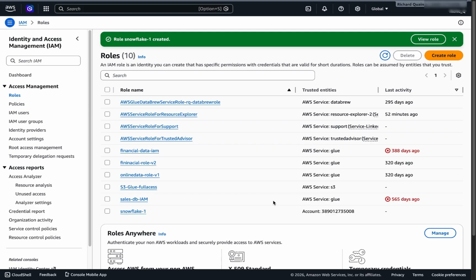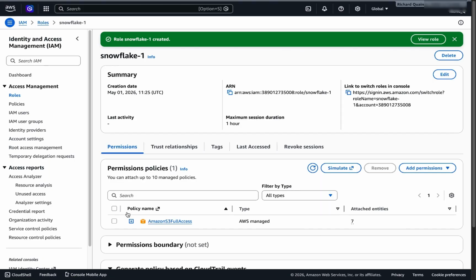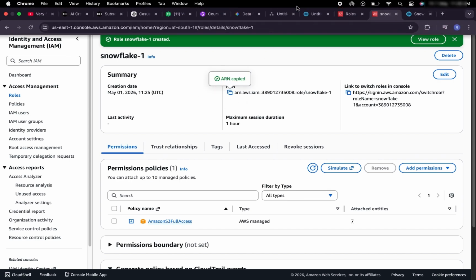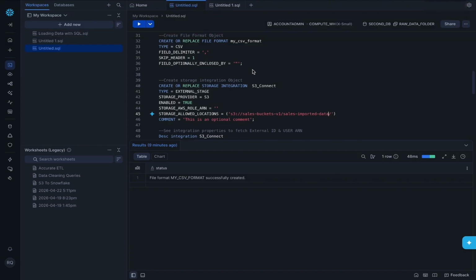And our role has been successfully created. You can see it down here. So I'll click on that. And within the properties of the role created, you can see the ARN ID here. So I'll just copy that. We're going to go back to Snowflake and paste that here. Great. So now we have our S3